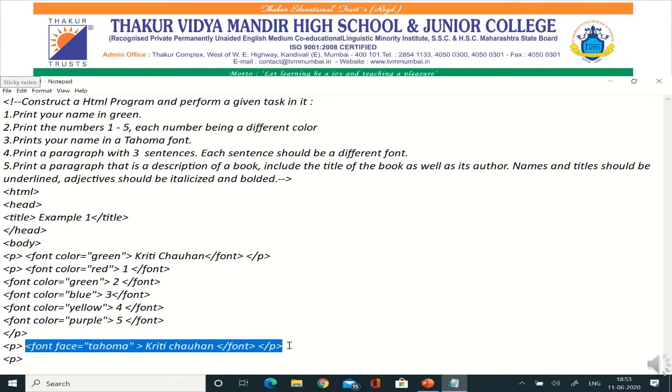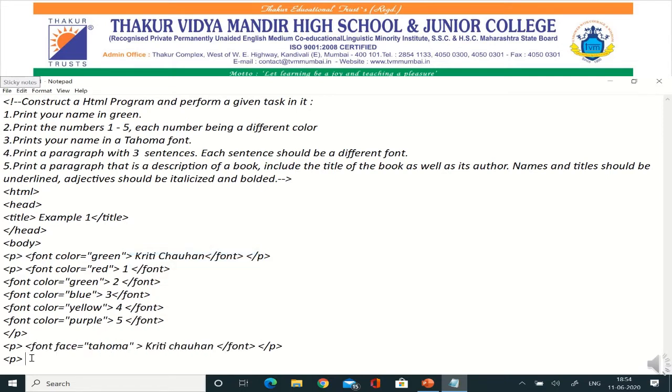So again P tag, I'm going to copy the same thing that I have written here and paste it here. The only difference is I am going to make changes in the text that we are going to see. So this is my first sentence.